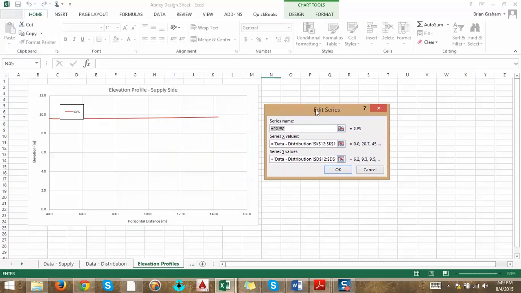We're going to make sure we have the right data in there. So up here, this is just where you input the name of the series. It's already called GPS, so that's fine. The X values are the horizontal distance, and so let's go ahead and check that we have the right ones for that. So you click on this button right here,